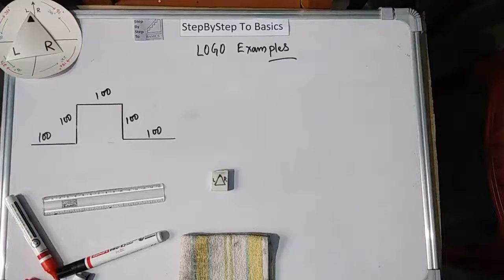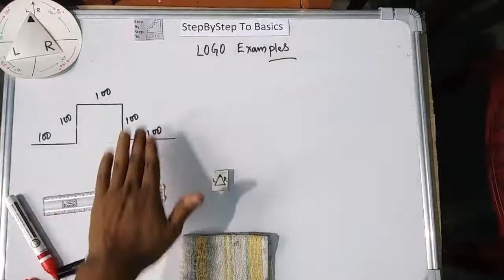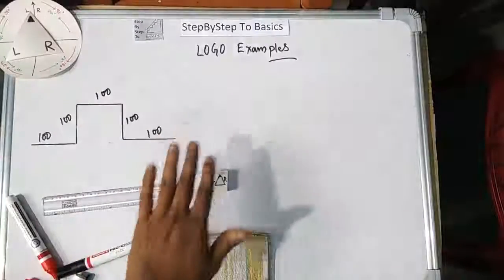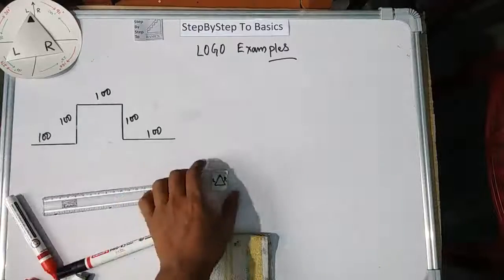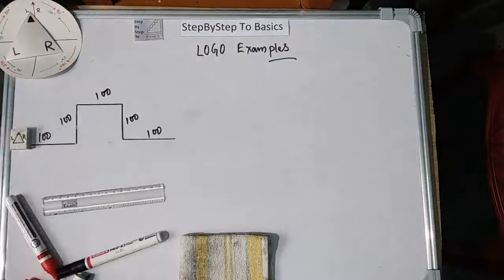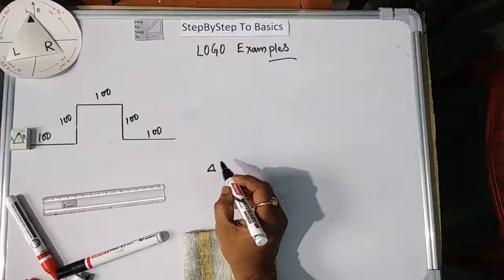Okay, this is the last example. As you can see the diagram, I need to draw something like this. You can have a complex one also. Just I'm trying to show with a simple one. So first, initially the cursor was here, and let's see like how we can start. So first is this way my cursor is.